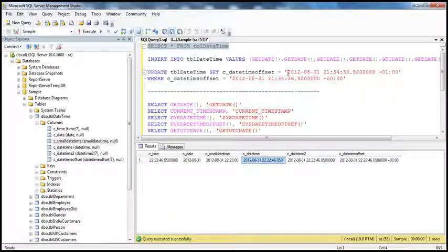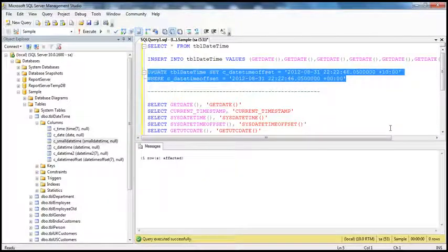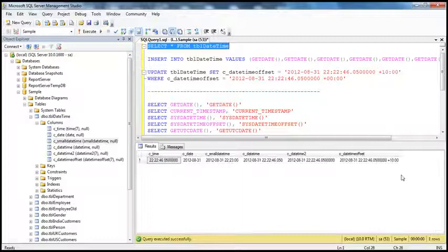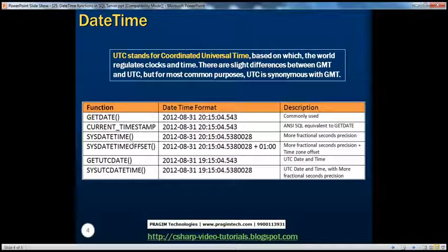So let's quickly update it with some offset. I want to say the offset is maybe plus 10 hours for this time. I've just written the update query beforehand, in order to save time in typing. So when I press F5, you should see we got an offset there. It's 10 hours. All right, cool. So these are some of the functions that we can use in SQL Server to get the current system